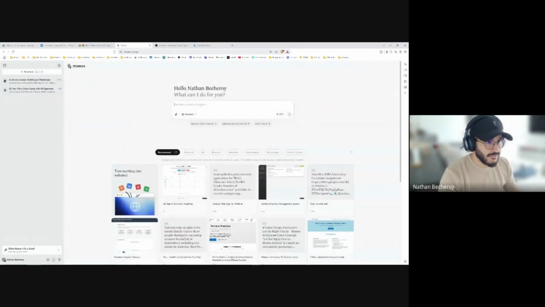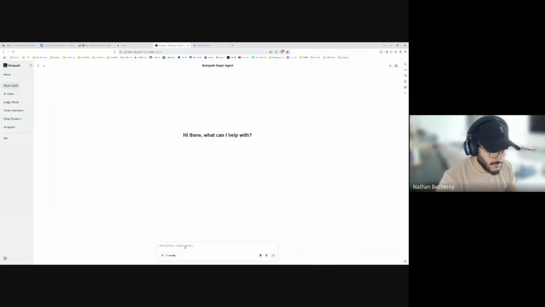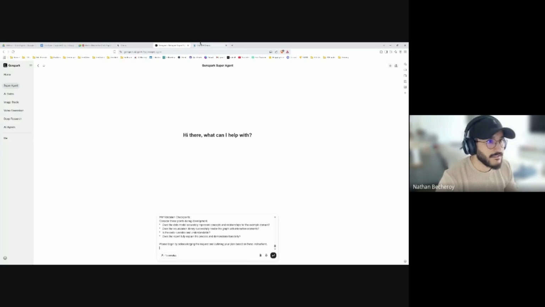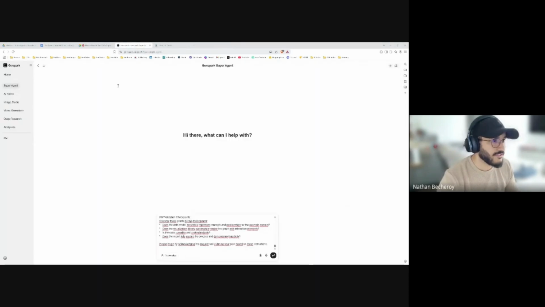So let's put this in Manus, in Genspark, and in DeepAgent. Let's put this.